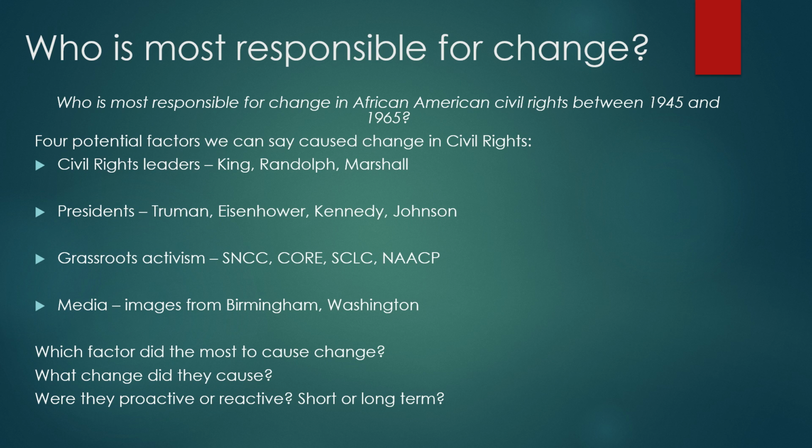So you think back to our change essay we did just before the Second World War. We actually saw that change could go through a number of different themes: political change, cultural change, social change, and economic change. So if you were to measure the change that these four factors caused against those four themes, was there one where they had a greater benefit, like for political rights? Was there one they didn't really give much change for, like maybe the economics? And then it's over to you to decide which one you value more.